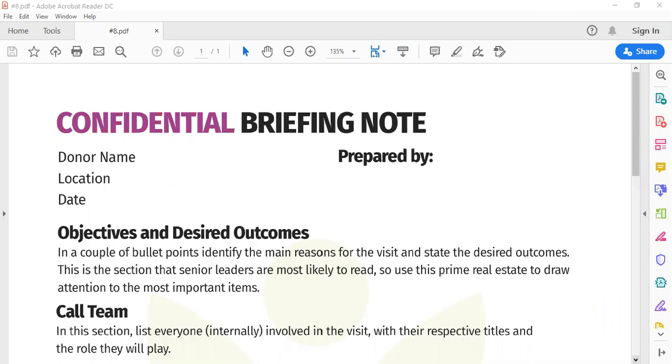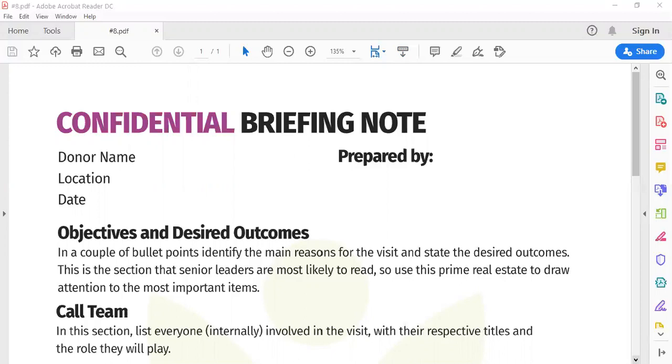You want the donor name, the location, and the date of that proposed meeting, and then who you are and how they can reach you so that they know how to get in touch with you in case they have any questions. Objectives and desired outcomes is probably the most important part of the briefing note, and you really want